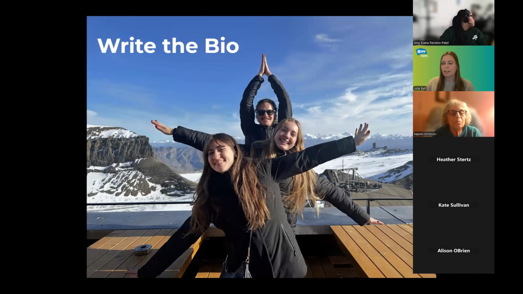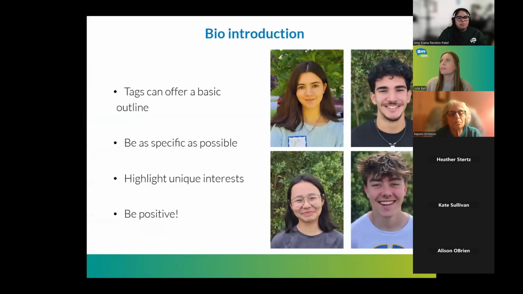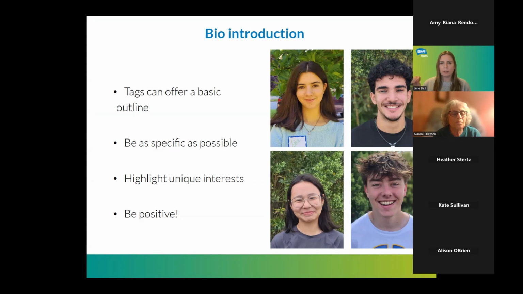So, writing the actual bio, beyond tags. Tags can offer a basic outline as you're writing the bio. As you're reviewing the application, I typically will have a Word document or I'll be taking notes, so I can note the things that might be tags, but also the things that I won't want to include in my description.